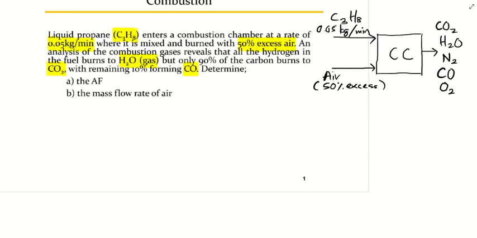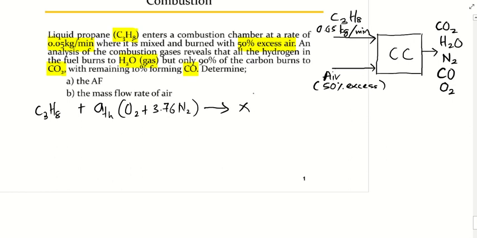This is the balanced equation in order for us to determine the theoretical amount of air: C3H8 plus ATH, the chemical composition of air, O2 plus 3.76 N2, gives plus X CO2